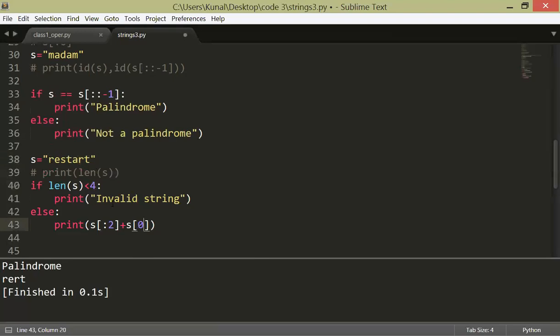If you say 0 here, 0 will come back. If I keep it empty, this is my entire string. I want to start from the last, so I'll say minus 2, right? Now, if you keep this empty, this will again start from my beginning. So you have to specify the start. If I want this t, what should I write? Minus 1. Exactly. I'll say go from minus 1 till